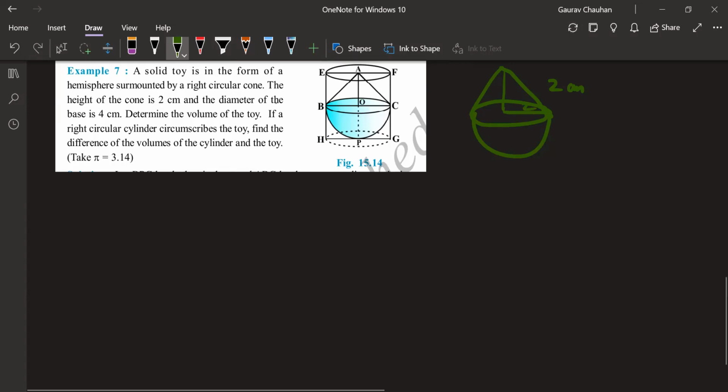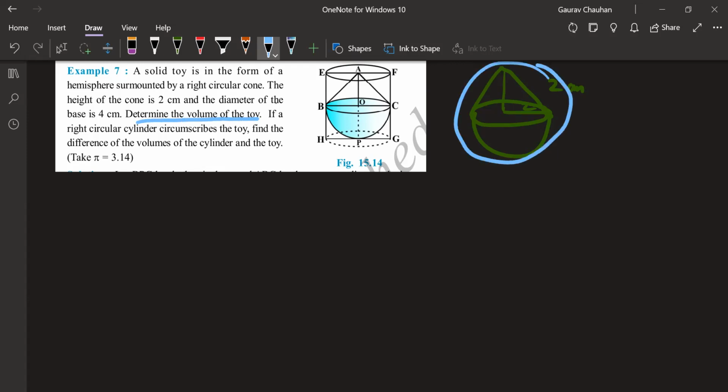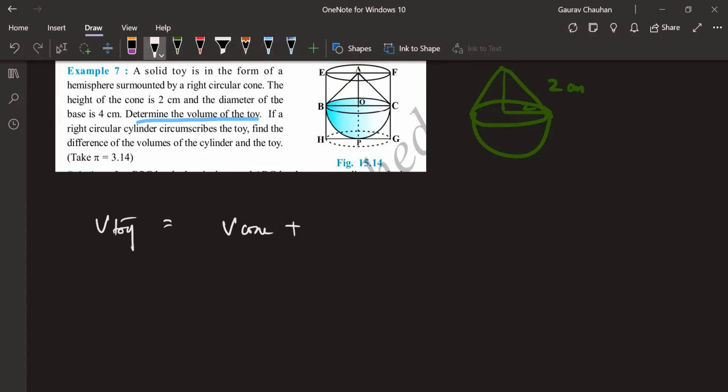Now they're saying you first now can someone tell me what all are they asking? Let's talk about that. I asked you to make a list of what all is being asked. Dinesh. First, they're asking us the volume of the toy. This much is only the toy. They're asking us the volume of the toy. What do we do? Volume of cone plus volume of hemisphere. So volume of toy is equal to volume of cone plus volume of hemisphere. Can we do that? Yeah. Now, next.